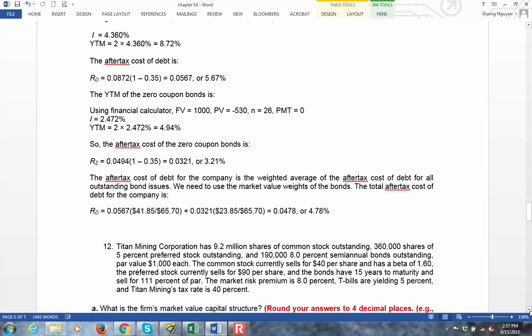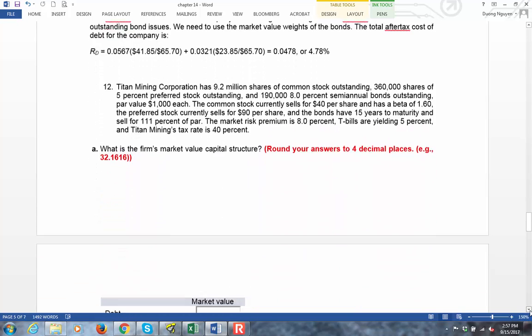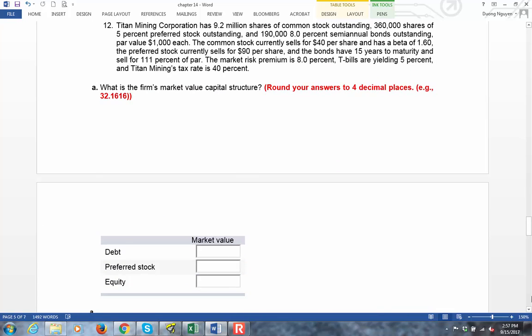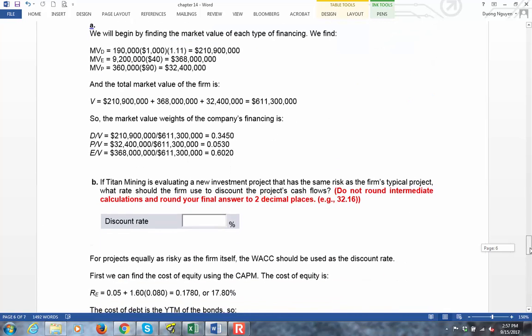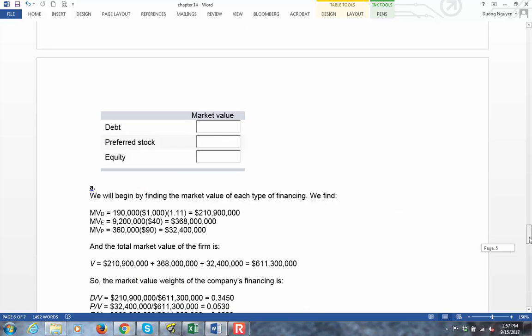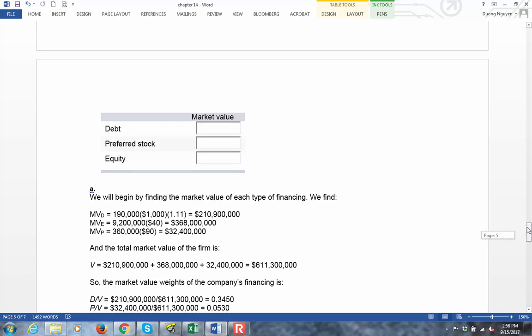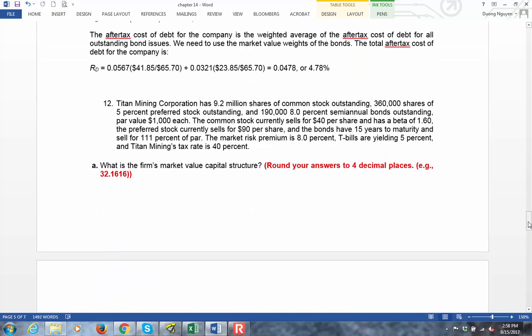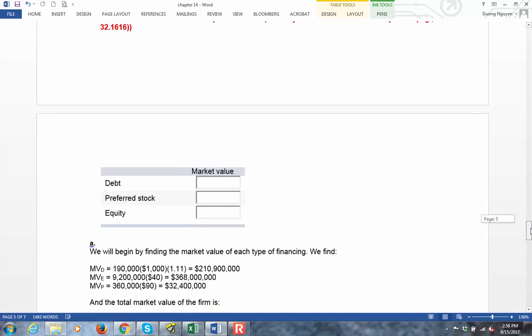Okay. Alright, the last question, number 12. Very similar. What is the market value? So the market value of the bonds is the number of bonds, 190,000 bonds, par value 1,000, selling for 111% of the par value, so you can easily find the market value of the bonds is 190,000 bonds times the par value times